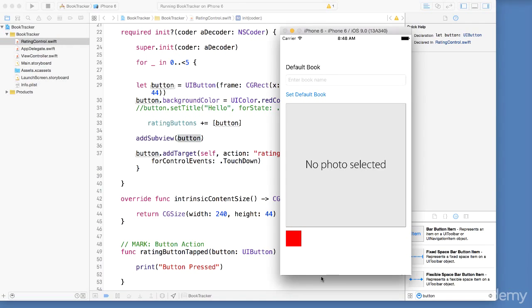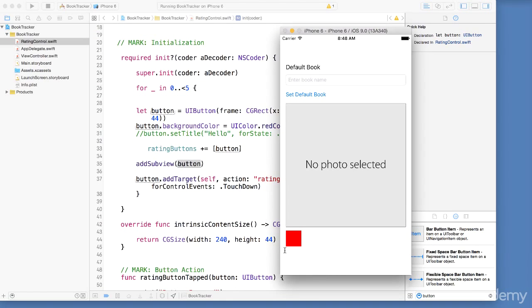Run. Something is not right here because we said we should at least have 5 buttons and we are just getting 1. Well, we're actually getting the right number of buttons. The problem here is that each time we are iterating through, going through this loop and creating our buttons, what's happening is they are stacking together. So they are all on top of each other, which is why we're not able to see them horizontally displayed. We need to do something else before we can actually see them horizontally displayed at the bottom here. So it will be 1, 2, 3, 4, 5.